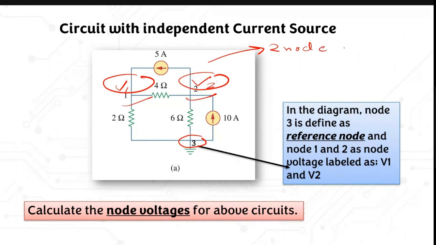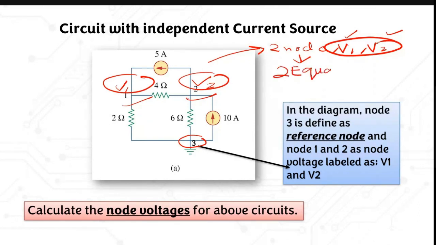You have two nodes, V1 and V2. So that means you need to find the value for these voltages, V1 and V2. How many equations do you need? Obviously, you have two nodes, so you need to have two equations in order to solve for V1